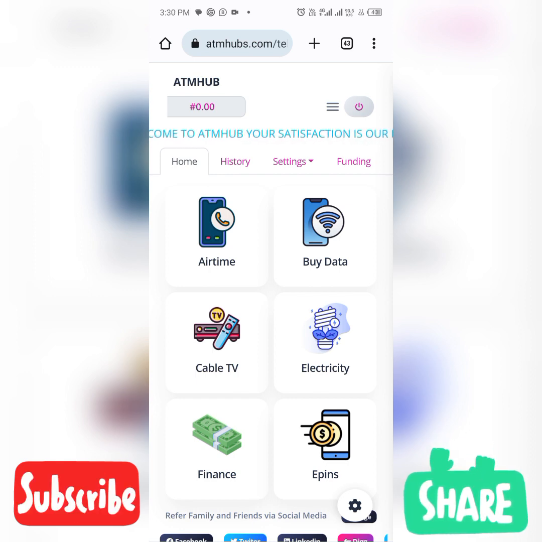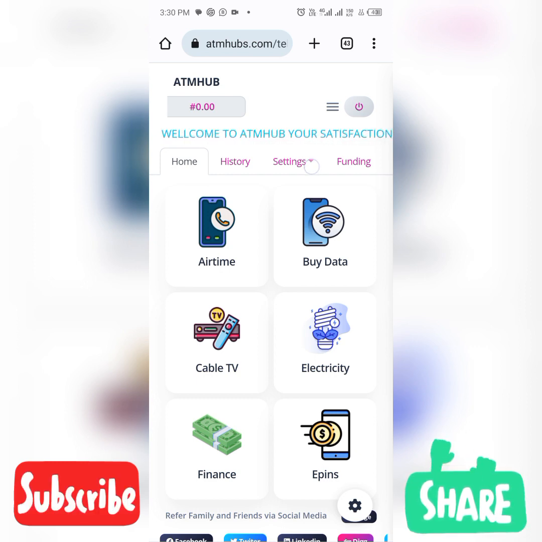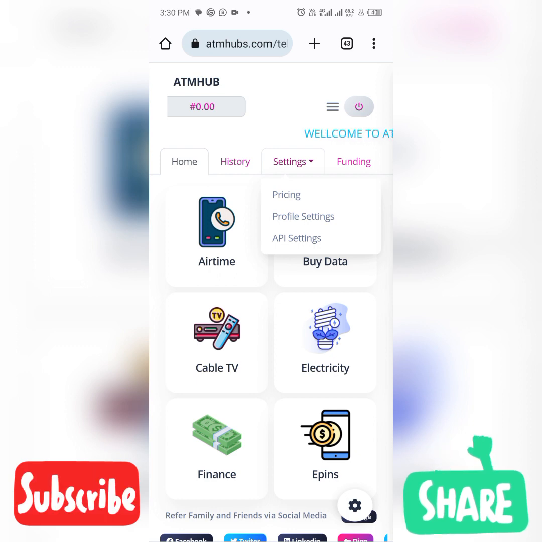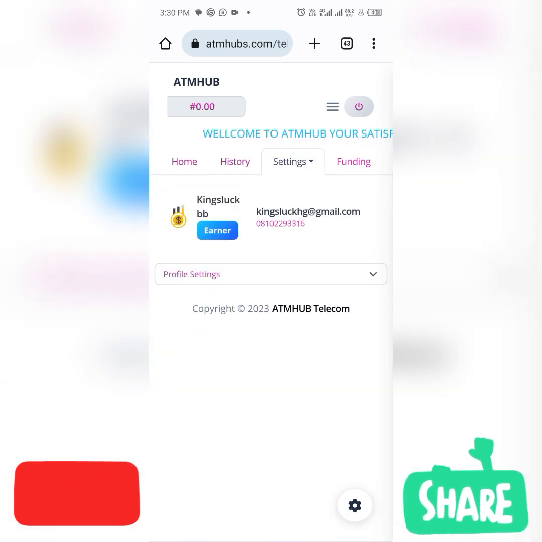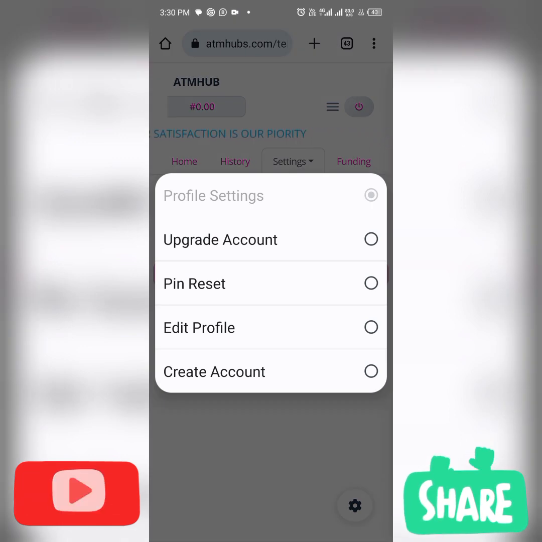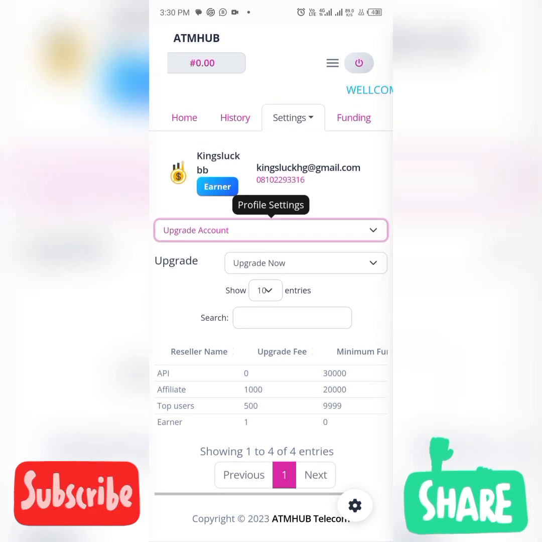If you are an API user, rather, you want to have your own website, you want to edit some of your settings, you can click on settings here. We have pricing, we have profile settings, we have API settings. You go to profile settings, you can easily update your profile, you can reset your pin, you can upgrade your account. You can actually upgrade your account to